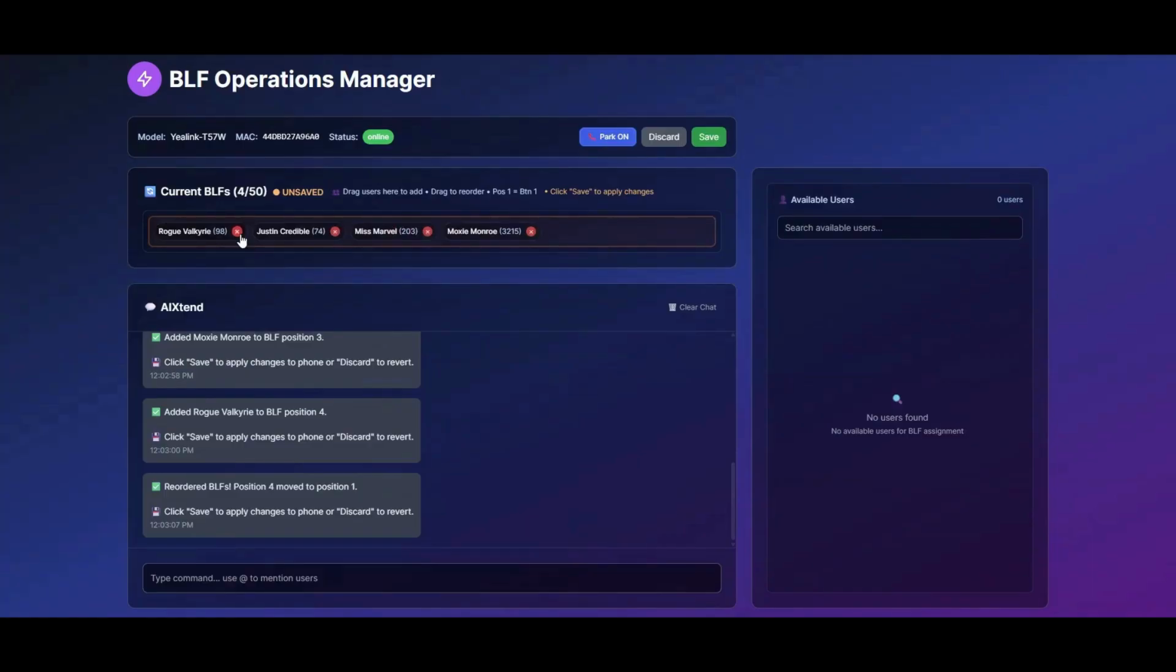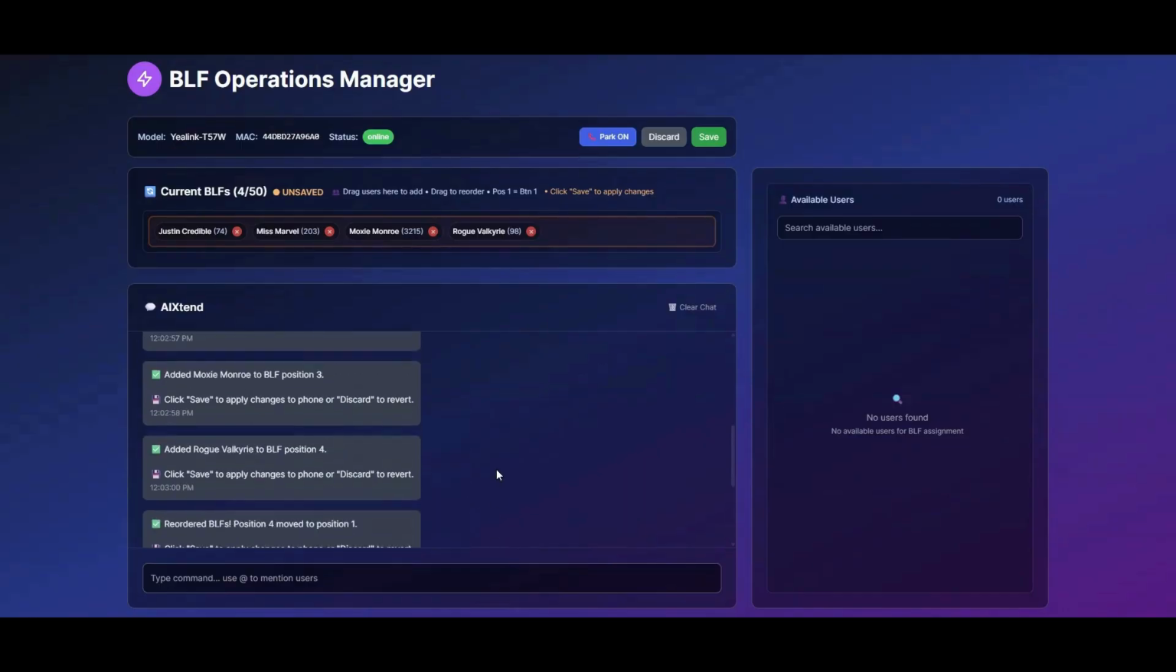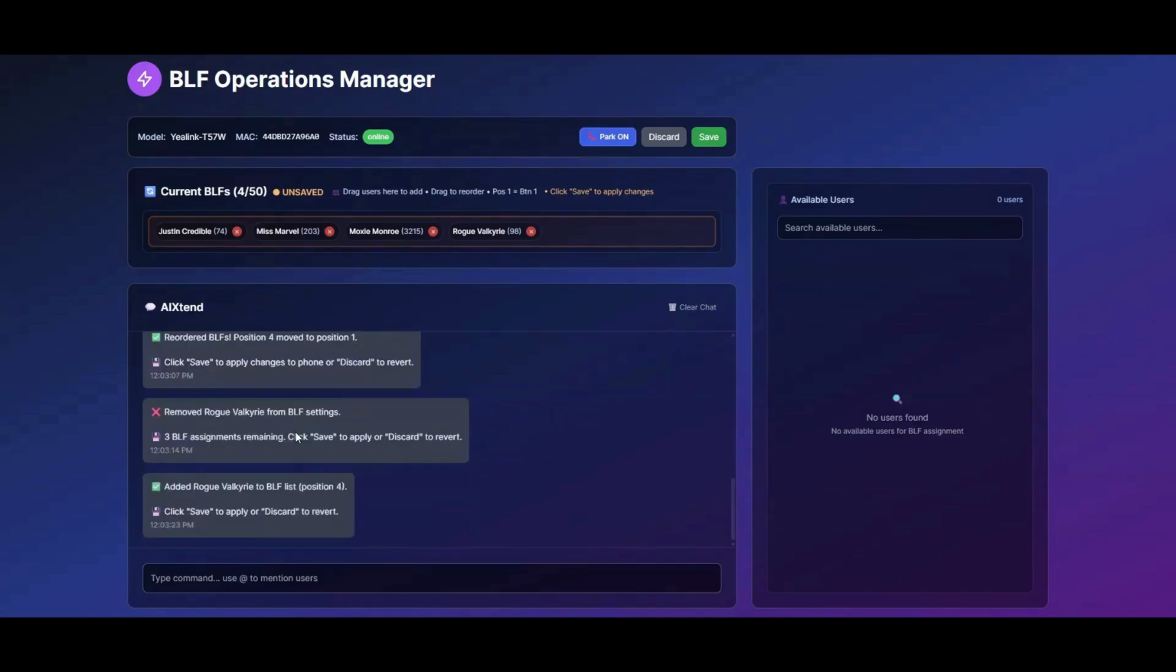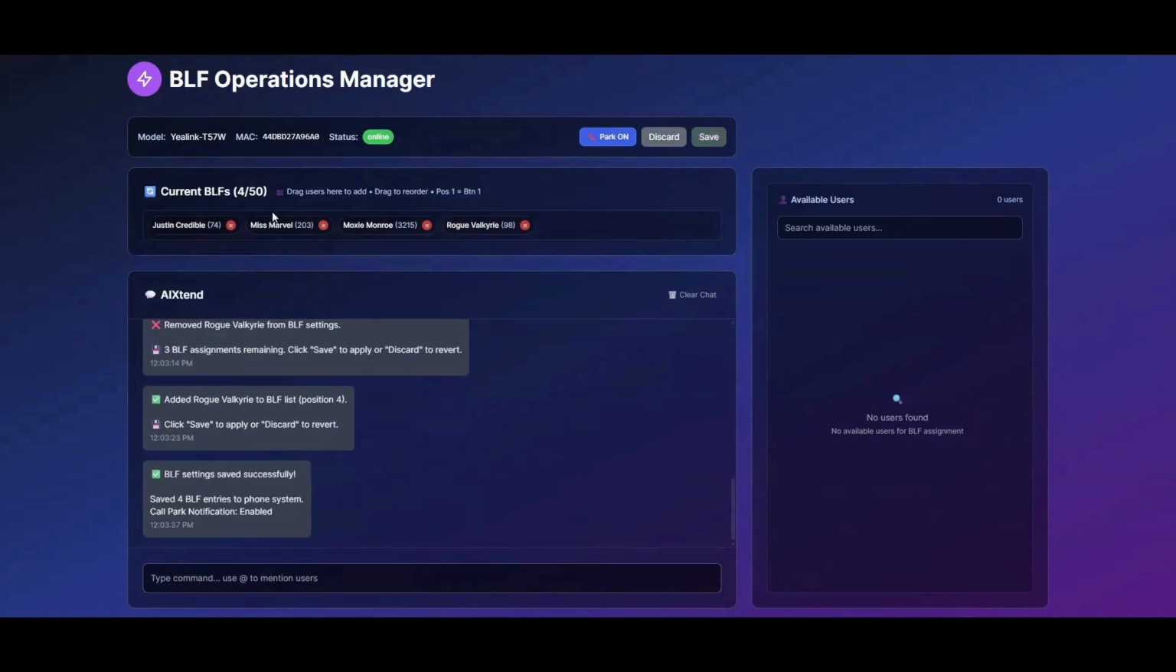You can hit this red button here to remove the BLF and it'll show up back over here in available users. You can also just hit this green plus button and that will add the BLF over to the side as well. Now, here in this box, you'll see that it has a record of all changes that have been made. Once you're satisfied with this, make sure that you hit the save button up here so that way it's